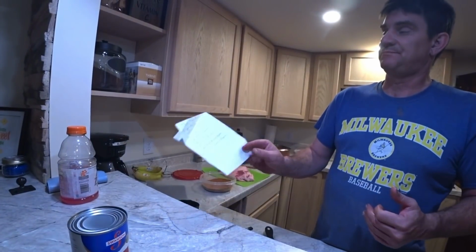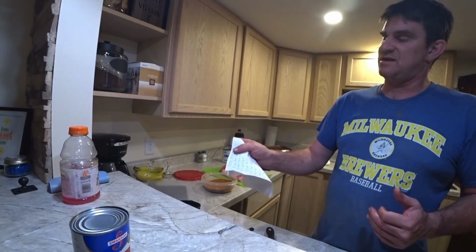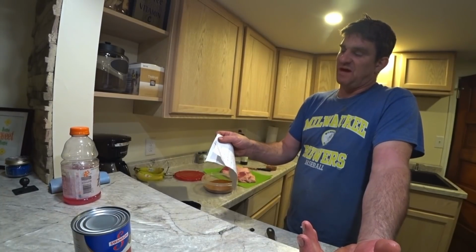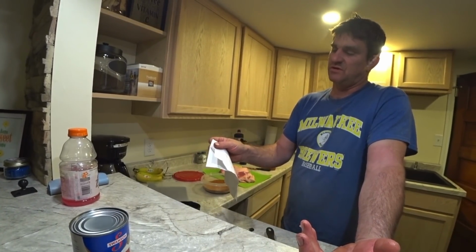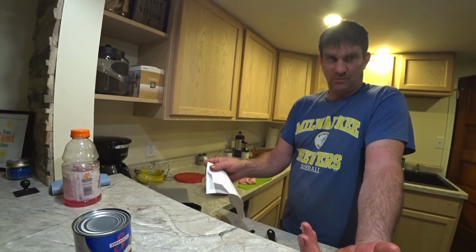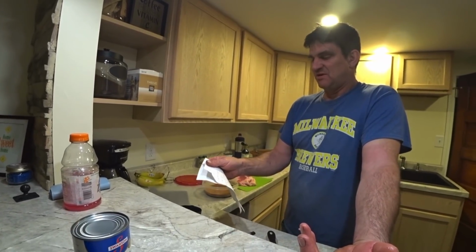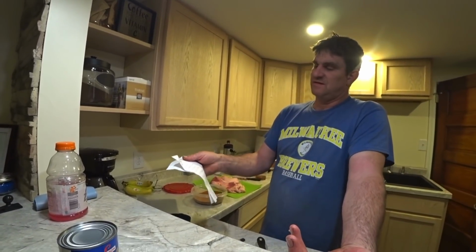And this is the recipe I have. I use two different ones. I got a sweet one that I use, and I got a Texas hot one. Basically what's in it is a half cup of paprika, a quarter cup of kosher salt, a quarter cup of sugar, a quarter cup of brown sugar, a quarter cup of cumin, and a quarter cup of chili powder, a quarter cup of fresh black pepper, and 2 tablespoons of cayenne